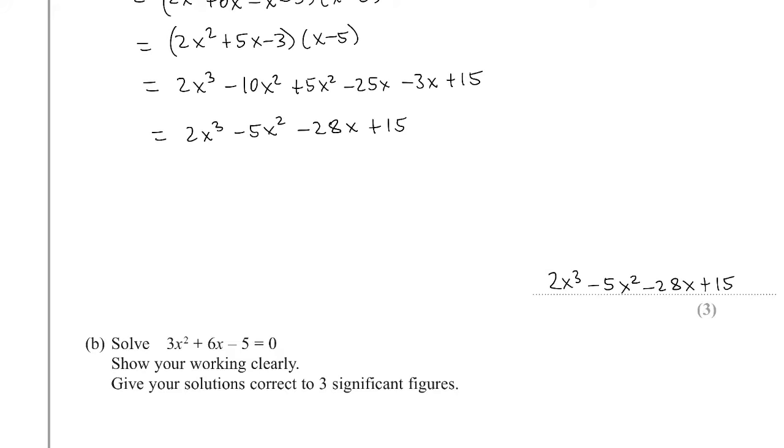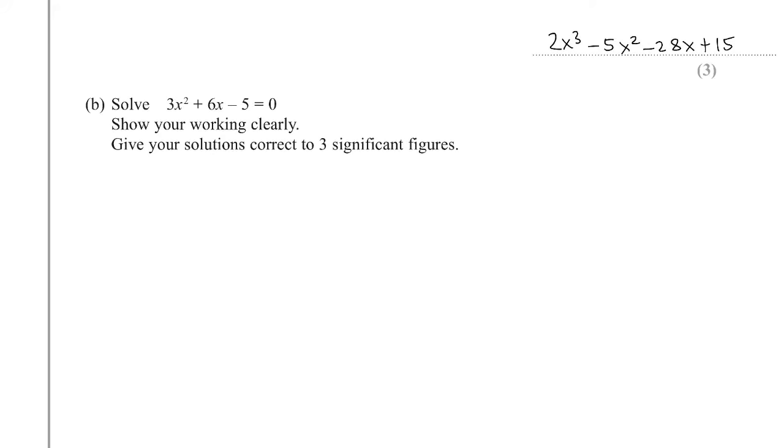And then solve 3x squared plus 6x minus 5 is 0. Show your workings clearly, give answers to 3SF. Now, this is the prompt that's really telling you to use the quadratic formula, and this is just saying don't use the calculator to just get the answers. You need to show your working. So, in our case, A is 3, B is 6, C is negative 5. The quadratic formula is given in the formula sheet, so all you need to say is